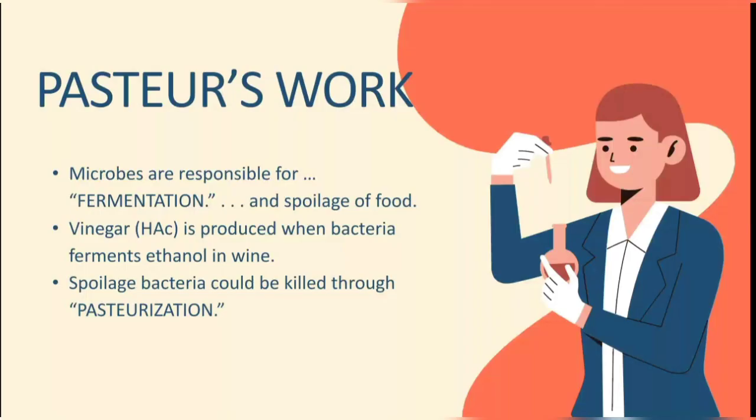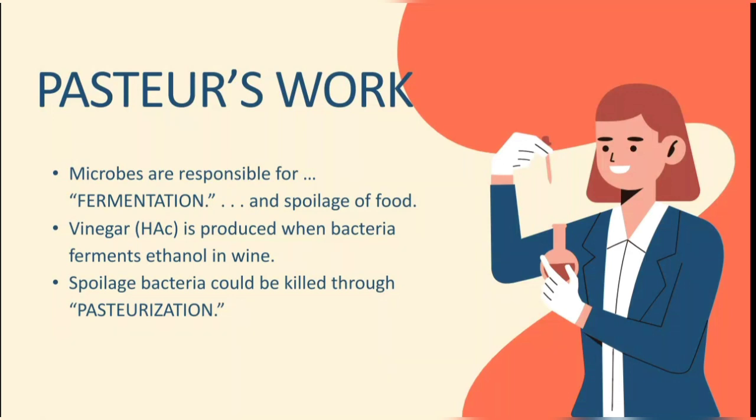One of the key steps that established the relationship between microorganisms and disease occurred when a group of French merchants asked Pasteur to find out why wine and beer soured. They hoped to develop a method that would prevent spoilage when those beverages were shipped long distances. At the time, many scientists believed that air converted the sugars in these fluids into alcohol. Pasteur's work proved that microbes are responsible for fermentation and the spoilage of food.